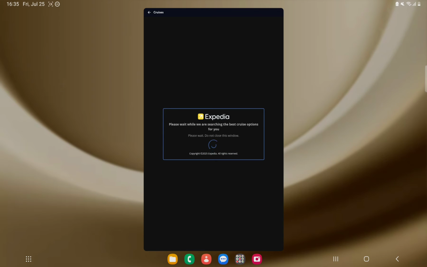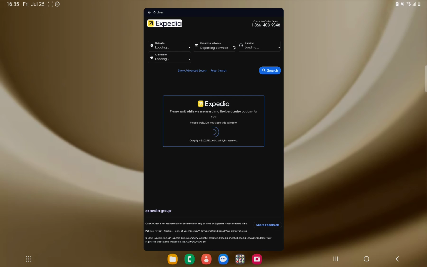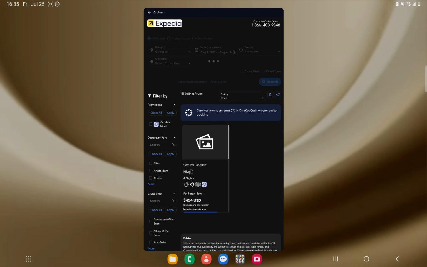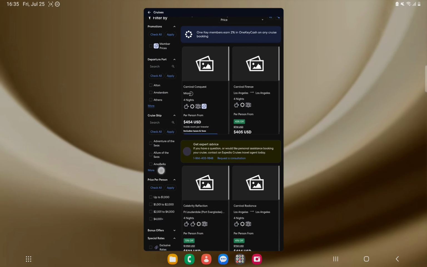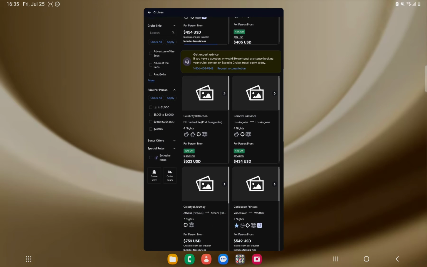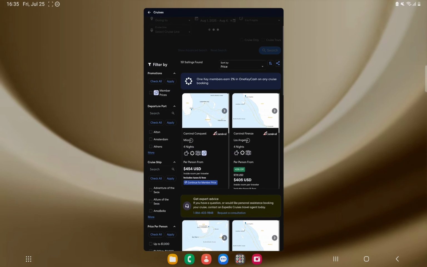There will be many offers, but you can sort them. There will be options for that based on the price, based on the departure port. As you can see, next to the offers, there are these options,